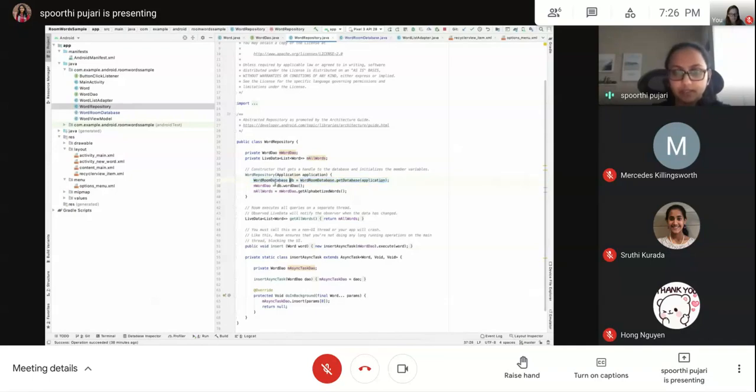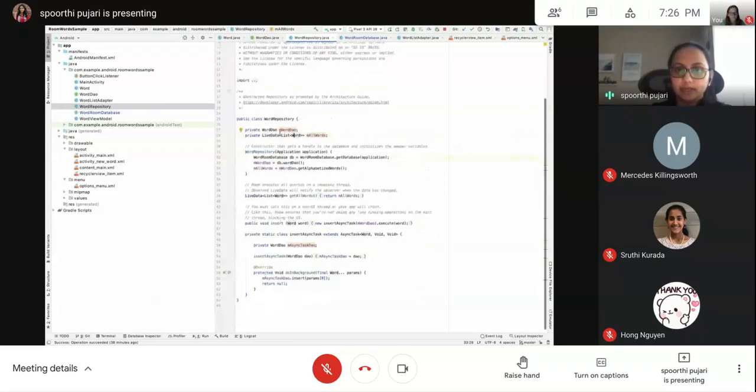Now using this database, I'm going to get the word DAO, and using the word DAO, I'm going to get all the alphabetized words, and I'm saving this in the live data. Now I am going to write one getter to get all these words list, and the other operation is inserting a word.